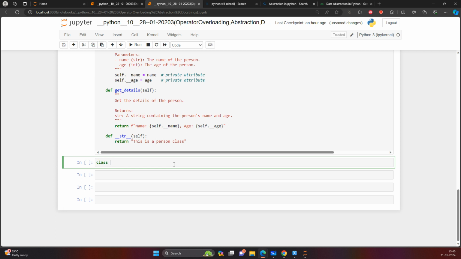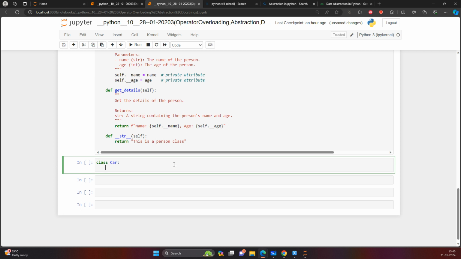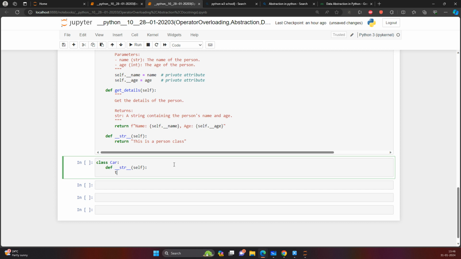Let's suppose you have a class car, and in class car we have just a simple car class with one method, def __str__, then we have self, and this returns: this is a car object. Now if I initiate an object with this class,